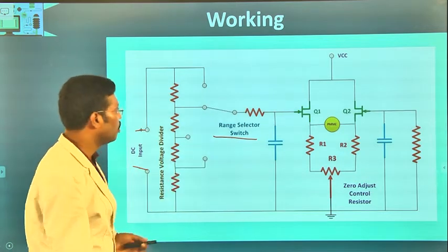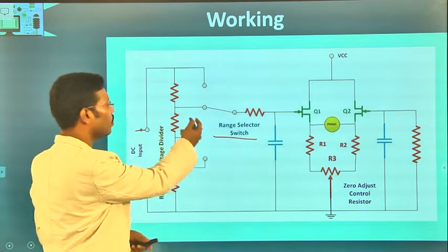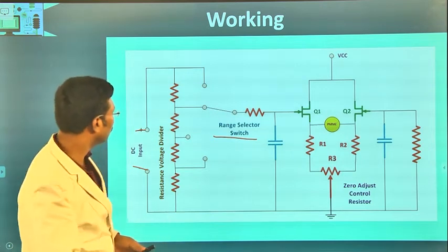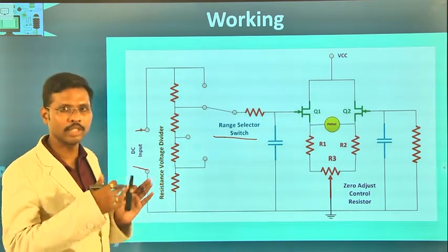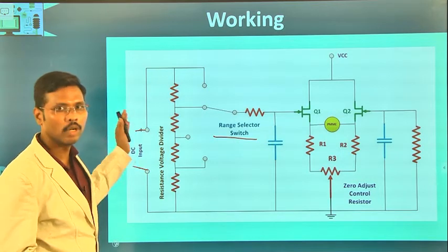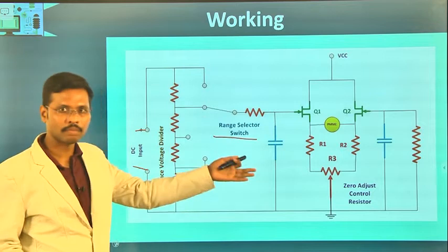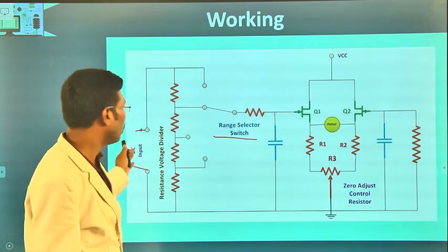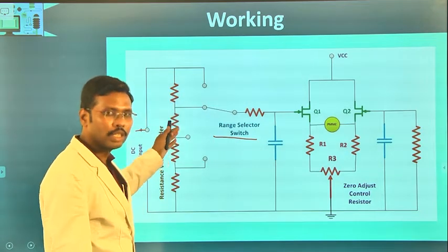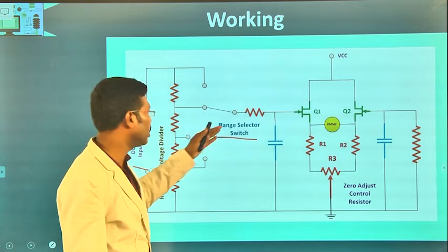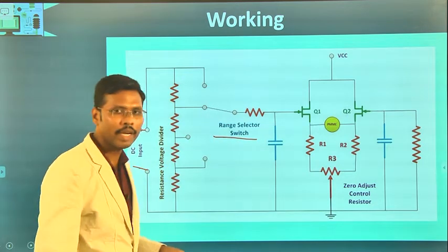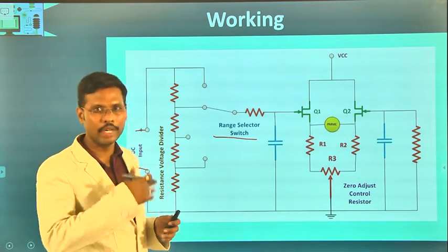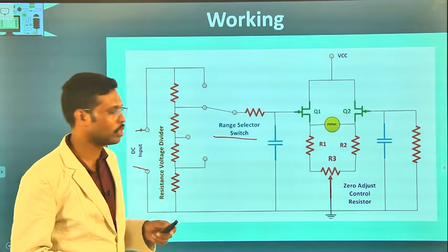For that we will be using this range selector switch for selecting the appropriate resistor. Here we will be having different resistors of different values, and whenever there is a resistor, there will be a voltage associated across it. So, depending upon the voltages, we can calculate the input parameter. Depending upon the input parameter range, we will decide at which level of resistor we need to select the range selector switch. And if there is an AC signal given as input to the meter, it will be converted into DC by using this rectifier circuit also.